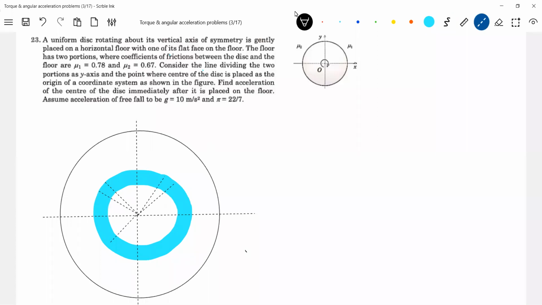Let me assume 4 elements. So how do I come to know? There's a circular strip, in which I'm assuming 4 elements here. So let this subtend an angle theta. This will be theta. The radius is r. This will be dr. Now I'm interested in this particular strip here.